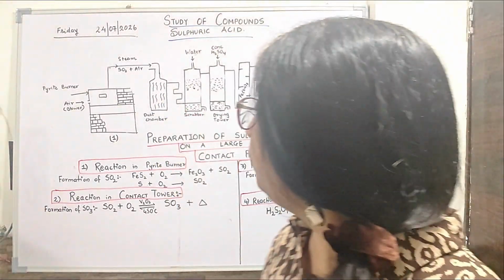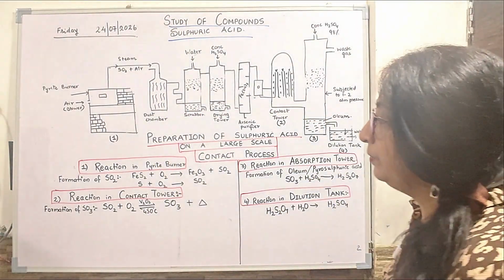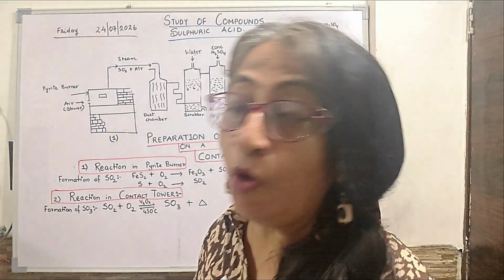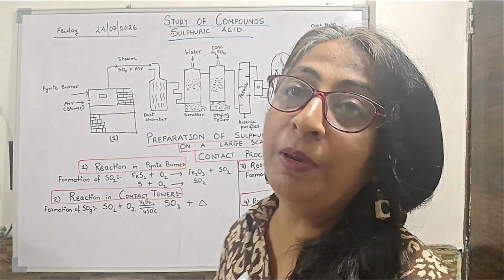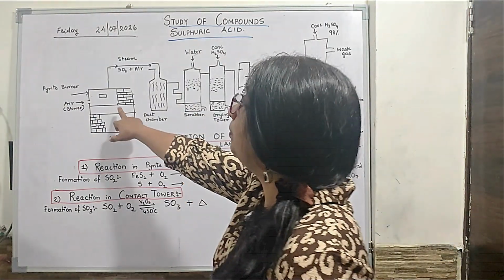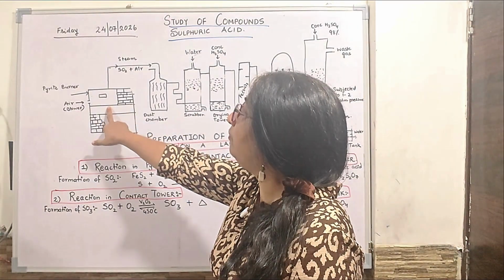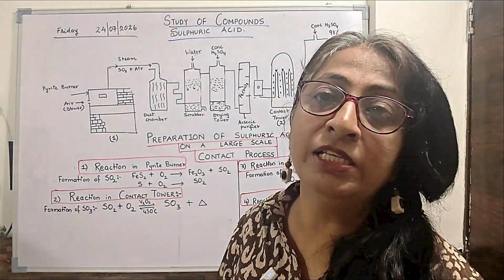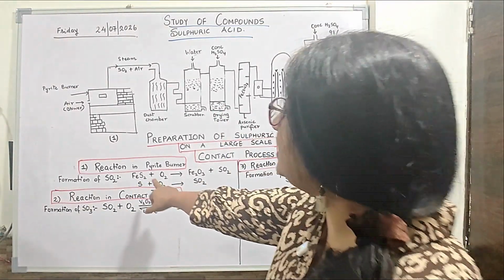How do we obtain that sulfur? We either take sulfur in the purest form, or we can also prepare sulfuric acid with the help of a pyrite burner, where we make use of iron pyrite, that is iron disulfide,